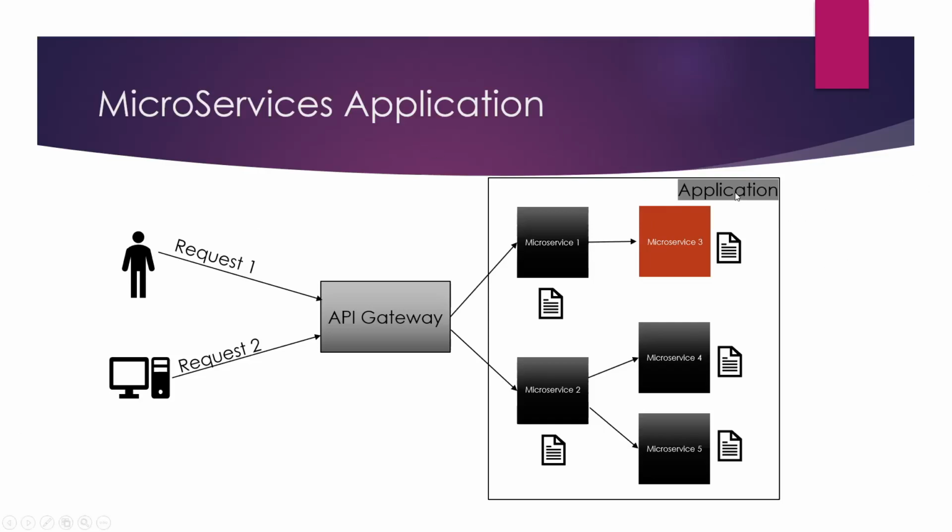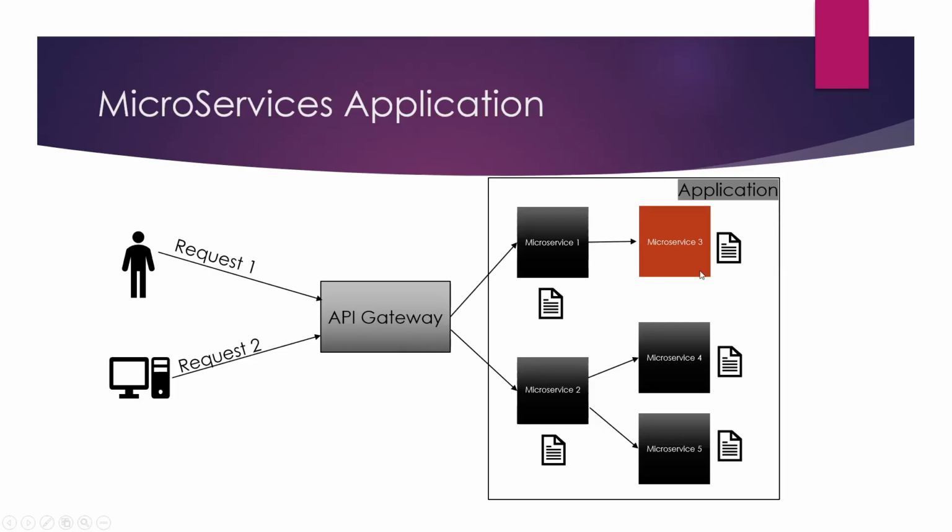Other microservices that are invoked may call a few other microservices, and this chain of microservice invocations will take place. Consider a situation where users and the applications that are issuing requests to the API gateway are complaining about the errors or slowness in receiving the response for the issued request. Now imagine we have been assigned the task to troubleshoot and find out the root cause for the issue.